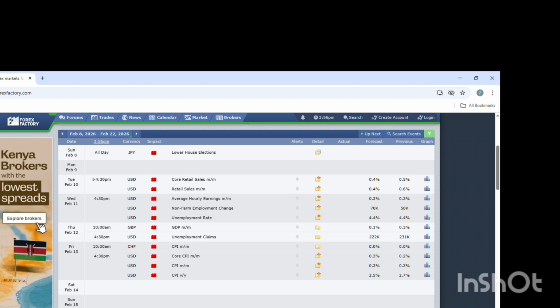When you hear there are fights in the US, or right now the current president is Donald Trump, anytime Trump gives a speech or just utters a statement, it ends up going around to the market, and it's so impactful. So make sure that if you are planning to be trading news,